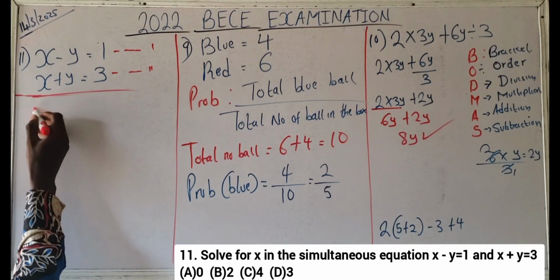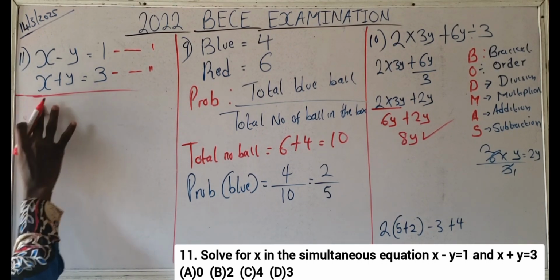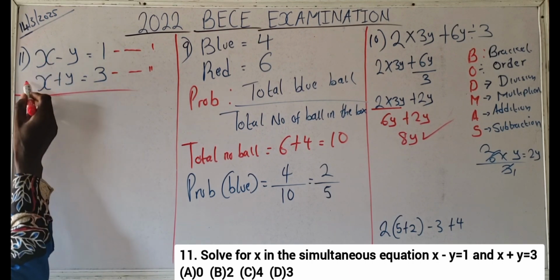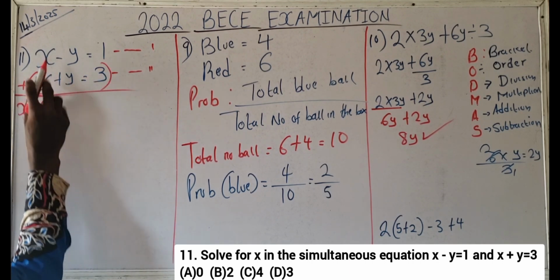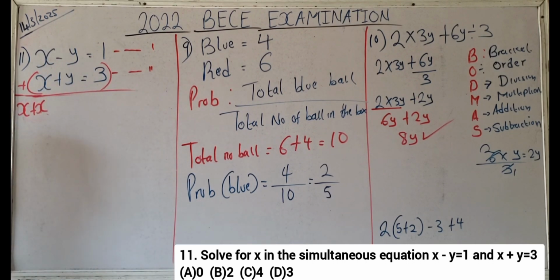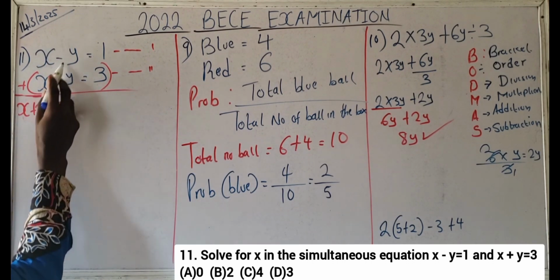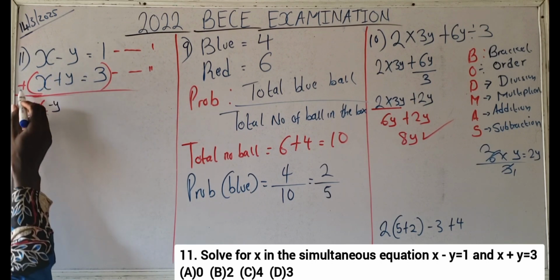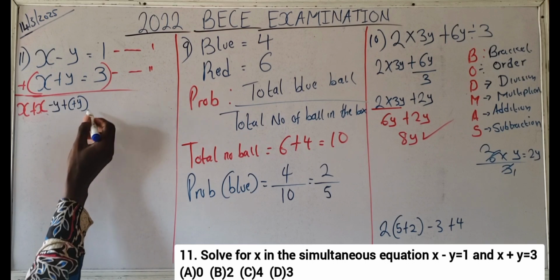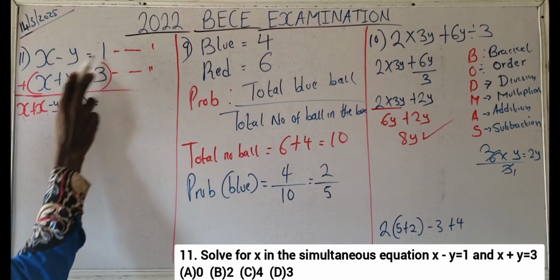You're going to have 2x. Okay, you're going to have x plus x. Add this equation and this equation together, x plus x. I'm going to have x plus x, minus y, this plus, add it, plus y, equals, put the equals sign, 1 plus